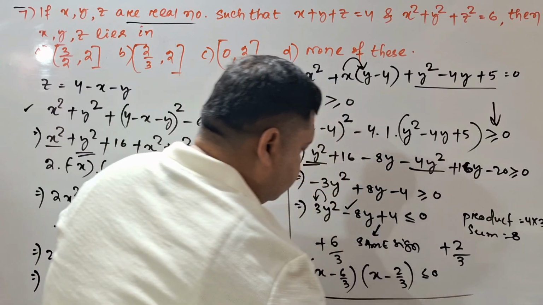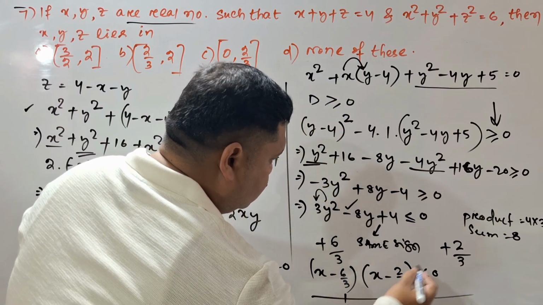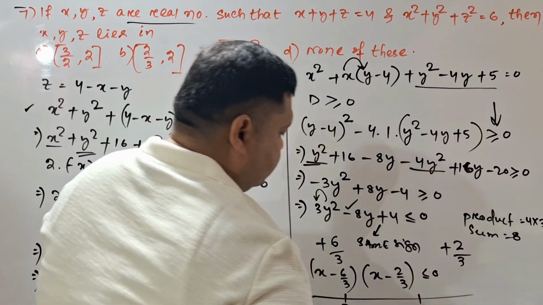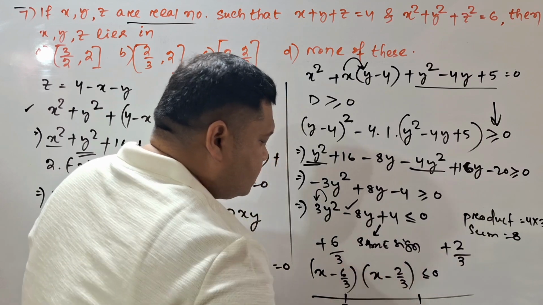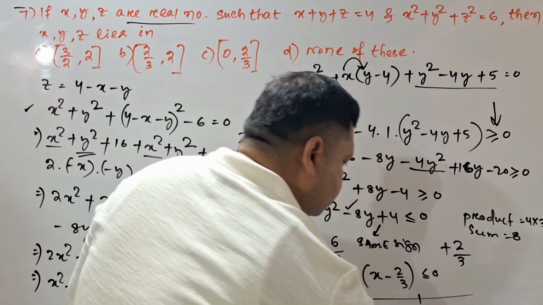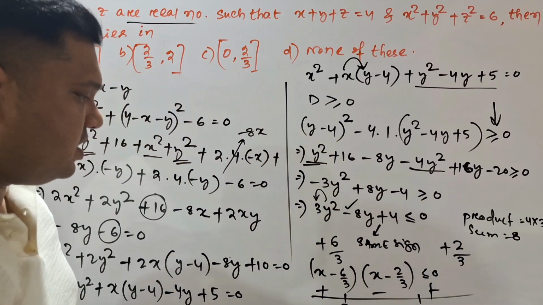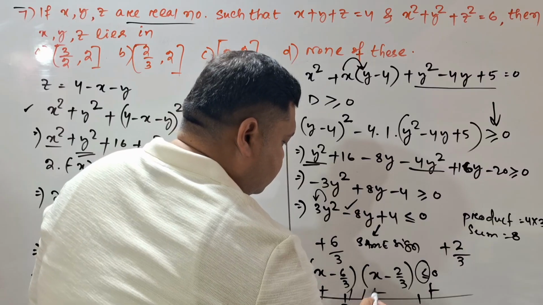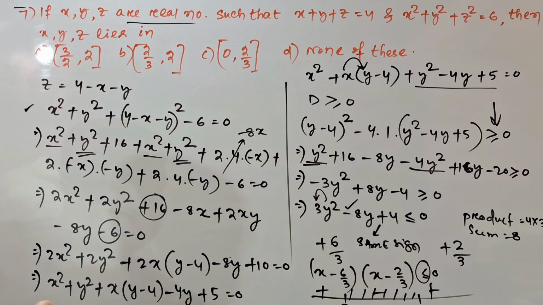So represent it on the number line. 6 by 3 means 2, and 2 by 3 is 2 by 3. The coefficient of the variable is positive and the power is odd, right side of the inequality is 0, so this is plus, minus, plus. Already we solved lots of questions. And which region do I have to select? Less than means the negative region, and the equal to symbol means closed bracket. The answer is 2 by 3